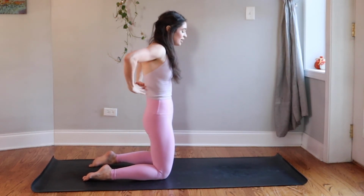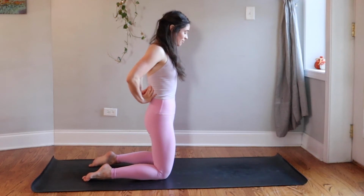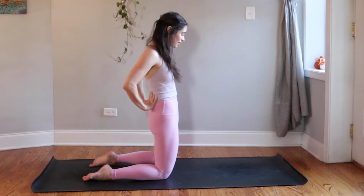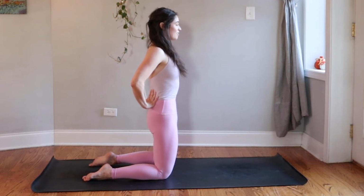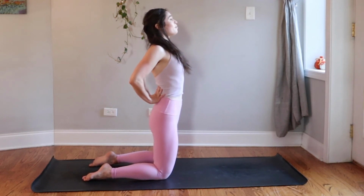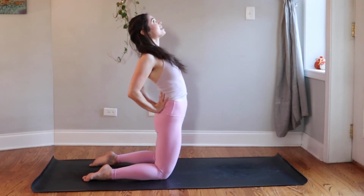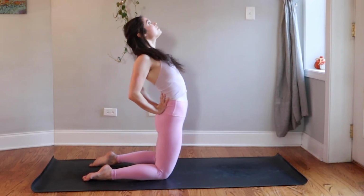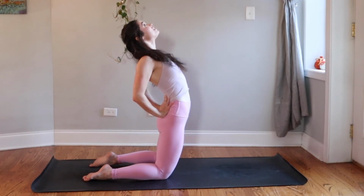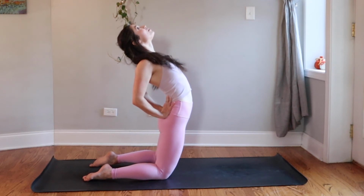Wherever you are, bring your hands to your sacrum, maybe fingertips facing up or down. As you inhale, squeeze your inner thighs, lift pelvic floor to heart, create length first, and then begin to lean back. You can lift your gaze, lift your heart. If you start to feel crunching in the low back, you've gone too far. So come out just a bit, see if you can create more length, and then maybe go deeper into the